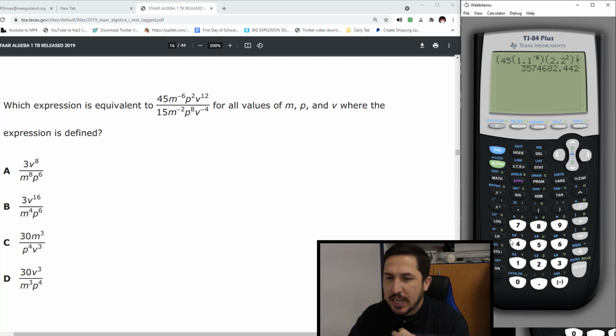So now I go down here to choice A and I'm going to type in choice A. 3 parentheses. Oops, it's a fraction. So start off with a fraction. 3 parentheses. V. Did I call V 1.1? So don't mess up and call it 1.1. Which one did we call? V was 3.3. So I'm going 3.3 raised to the 8. Get down from there. Close him.